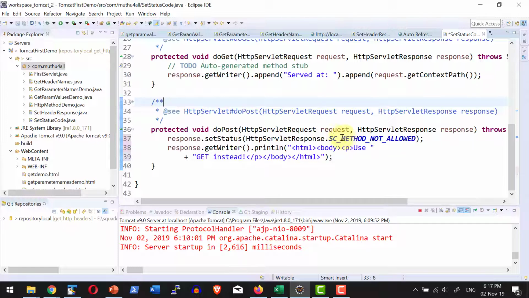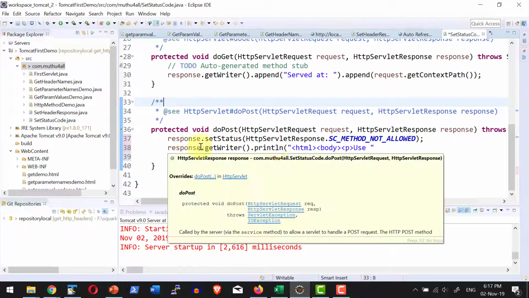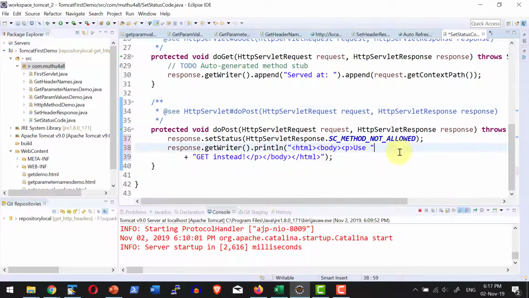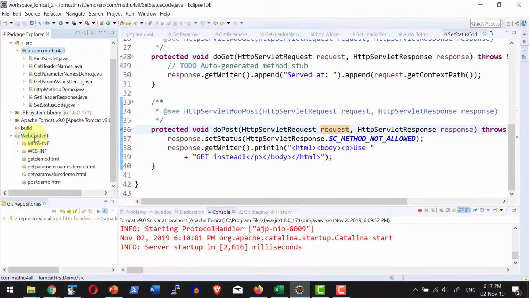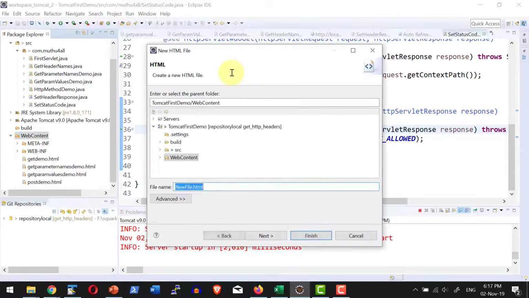Within the HttpServletResponse class, I do have constants for various error codes. 405 is method not allowed, so I'll set the status code with the constant SC_METHOD_NOT_ALLOWED. Then I'll get the writer object from the response, and write the content with a custom message saying "use get instead". To test this, I'm going to create a sample HTML file which can make a post